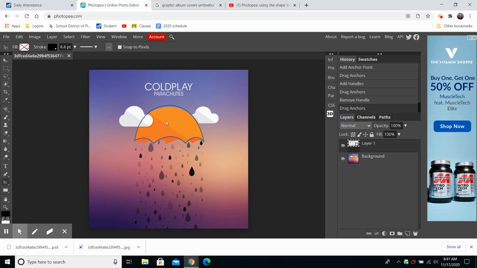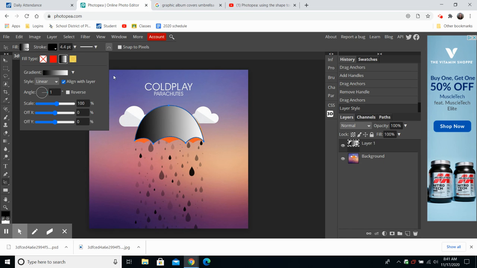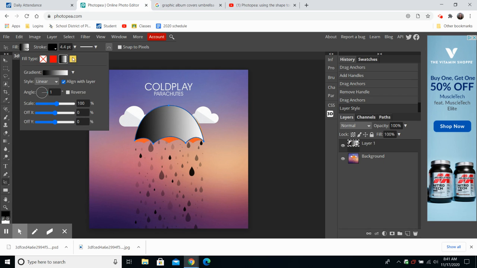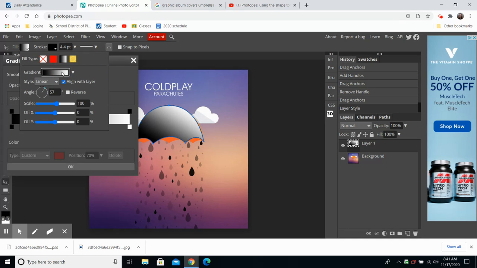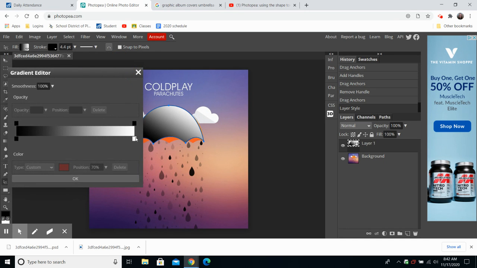Now I can get a fill into it again. And I want to show you a gradient. Now you can do solid fills, different colors, but the gradient is a good tool to know how to use. There's also textures, patterns and stuff you can do, but I'm going to go with the gradient here. You can change the angle of the gradient. You can change the color by double clicking,